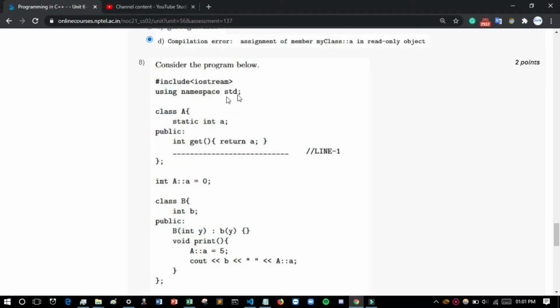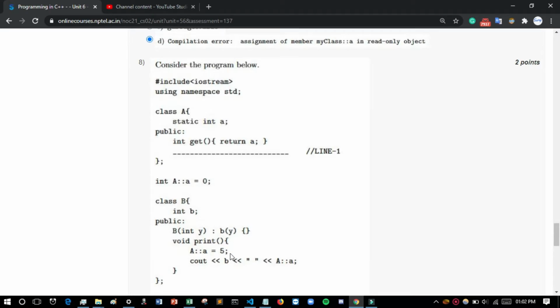In question number 8, a class is created, and after it is declared as static int, and then using scope resolution outside the class, it is declared as 0. Then after that this program has created the B class, and in this public, it is a scope resolution a small a, meaning this is accessed here.